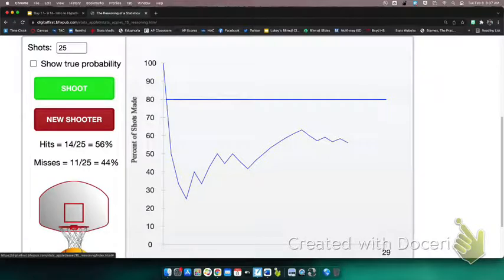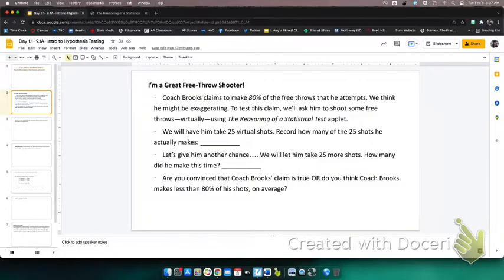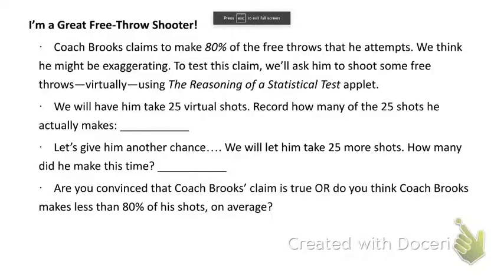We get our evidence from taking samples, like taking this sample right here. So that's where we get our evidence from, okay? So if I go back to this, the first time, what was he, 40-something? It was 11 shots made. 11 out of 25, so that was like 44% or something? It doesn't really matter. But anyways, and then that second time he was like 48, 50? 56%? Okay, cool. All right, so are you convinced that Coach Brooks' claim is true, or do you think that